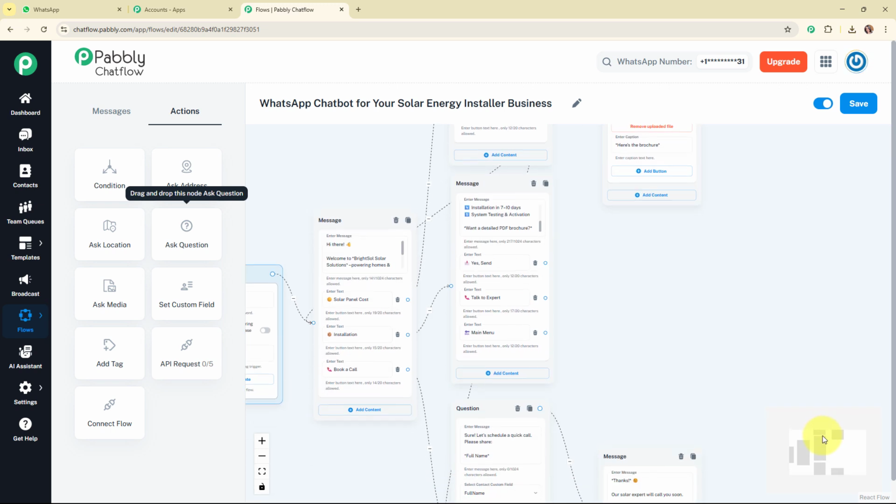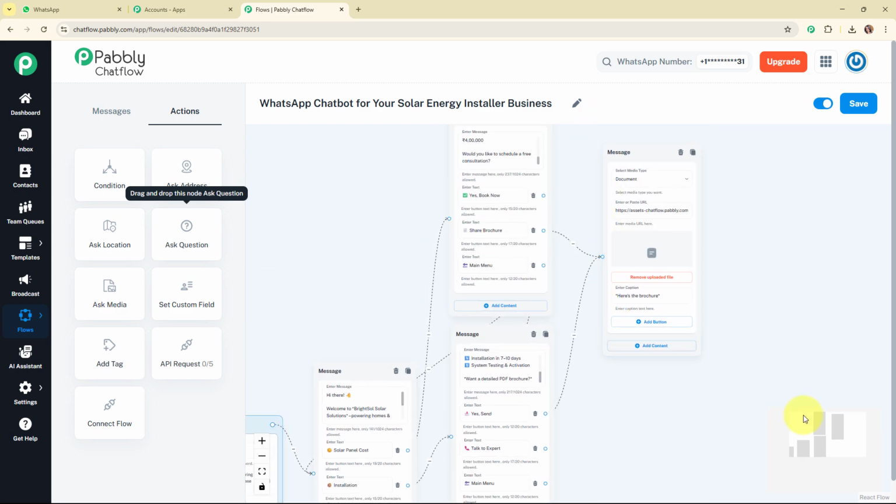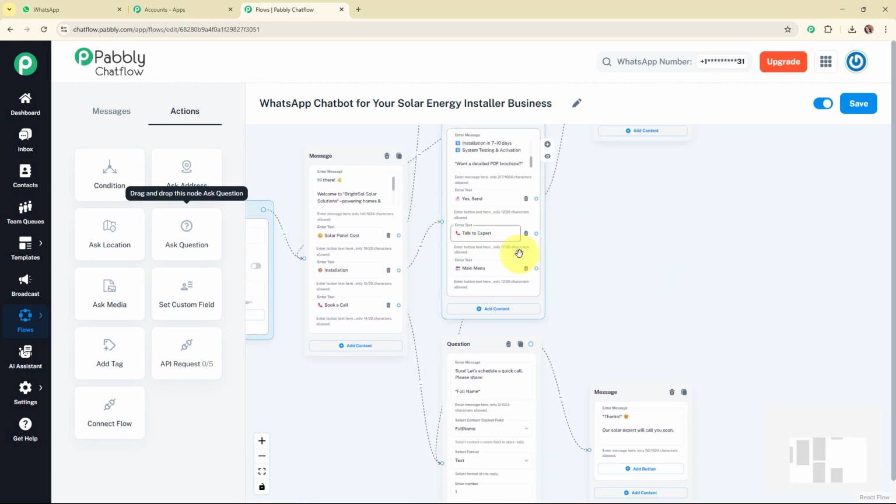Let's move forward, and here for the second message box, the first quick reply button is "yes send." Again I'm going to connect this quick reply button to the brochure message box, and we are done. Then it says "talk to experts." We are going to connect this quick reply button to the book a call question message box, and then we are left with the back to main menu. So I'm going to connect this quick reply button to the main message box, and with this we have successfully